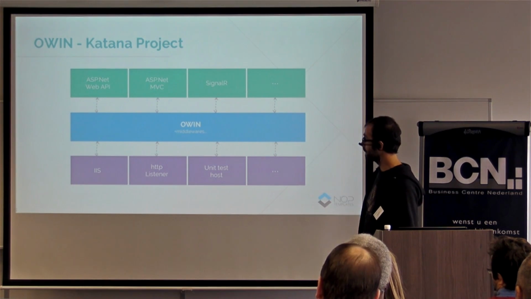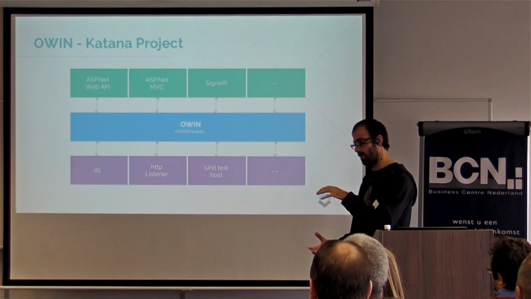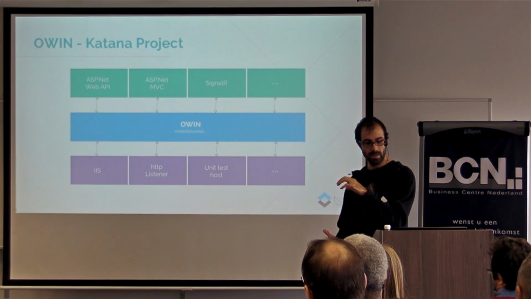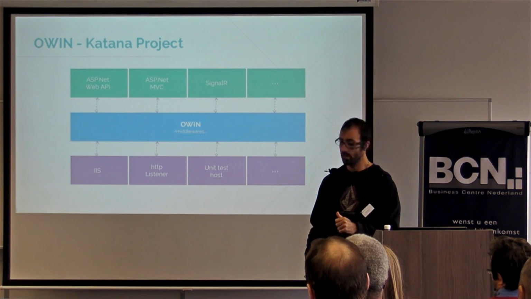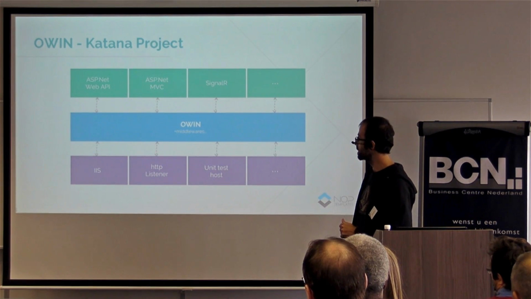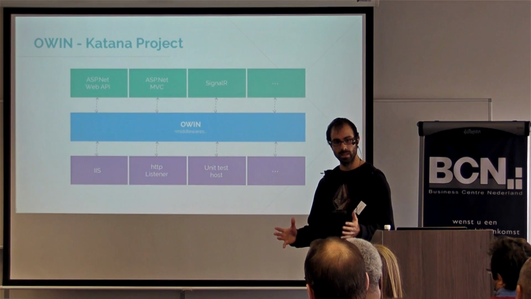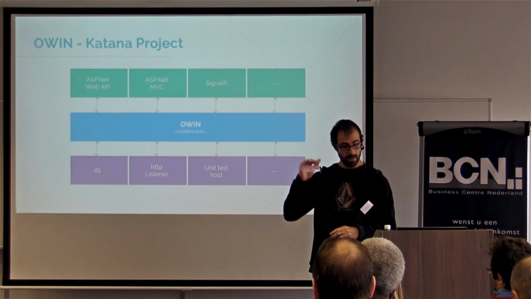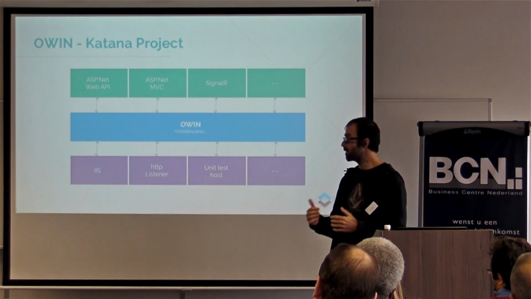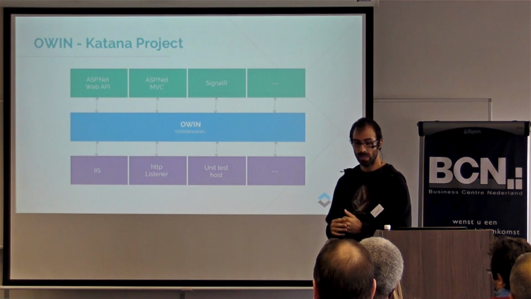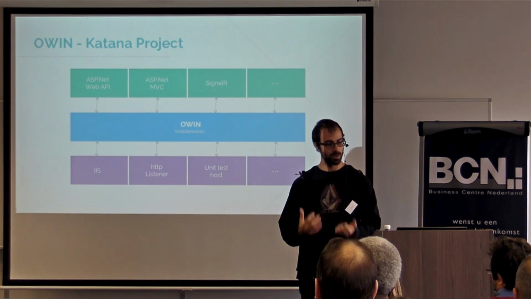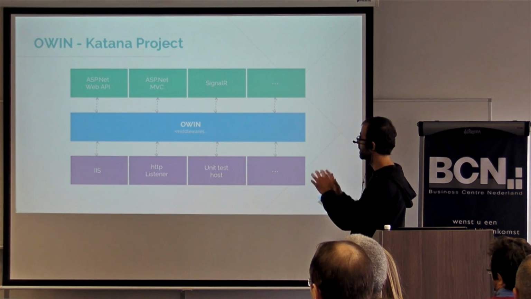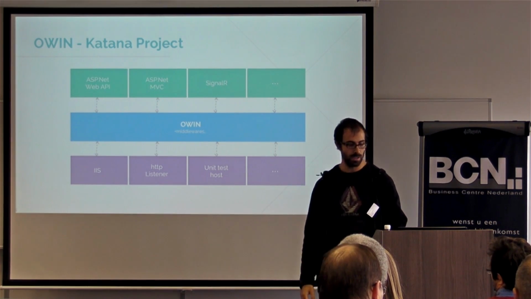So these middlewares are chained into a pipeline in your OWIN pipeline, and when a request arrives at the web server, it goes to this pipeline of middlewares, and a middleware is nothing more than a delegate in .NET. It's just code that executes in the pipeline. And when the request passes through this pipeline, every middleware has a chance to either modify the response or to serve the response immediately. So as you can see, it's very modular, and it's very easy to compose your application of